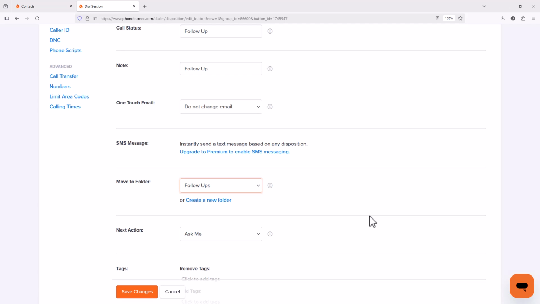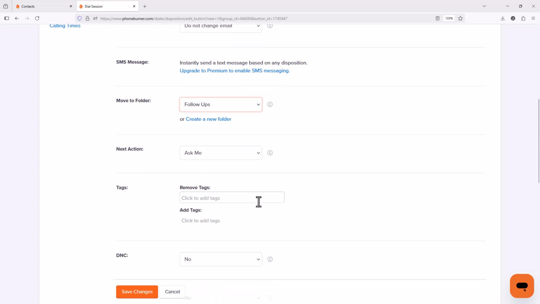So in this particular case, I do want to use a folder, but I don't want to use a folder for each of my reps, because then I'd have to create 3 separate follow-up folders, just like I did with the set appointments. So not the wrong way to do it, right? Neither way is wrong or right. It's just how do you want to manage the data in your account. So what I can do if I'm going to use one standard folder across the board for all of my team members is I can add tags. So I can create a tag